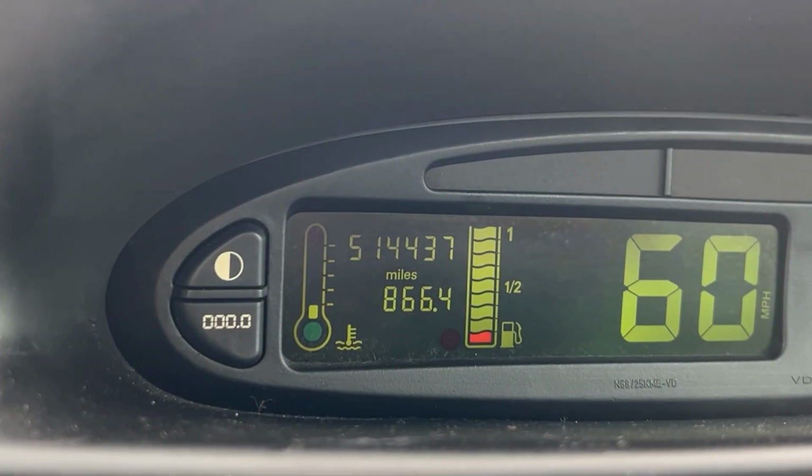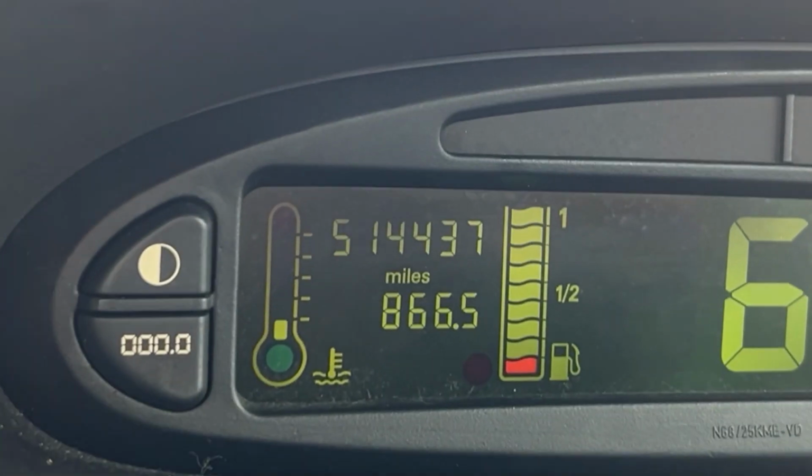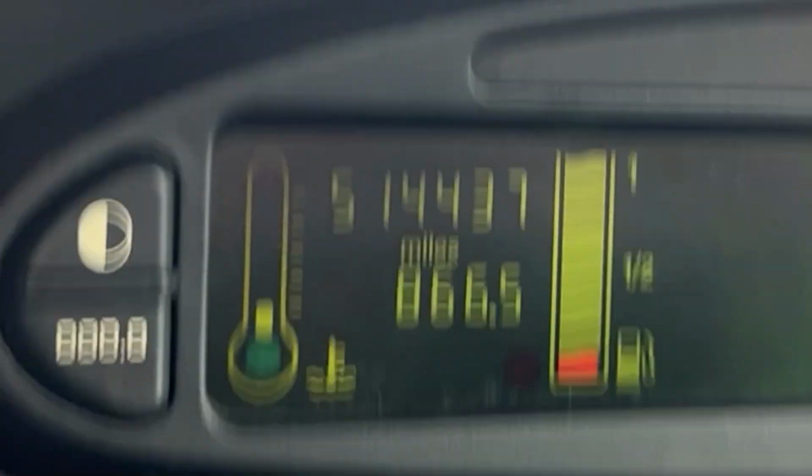Wasn't a Peugeot equivalent, but like you said, it was on the 306 chassis, so surely the 306 and the Zara